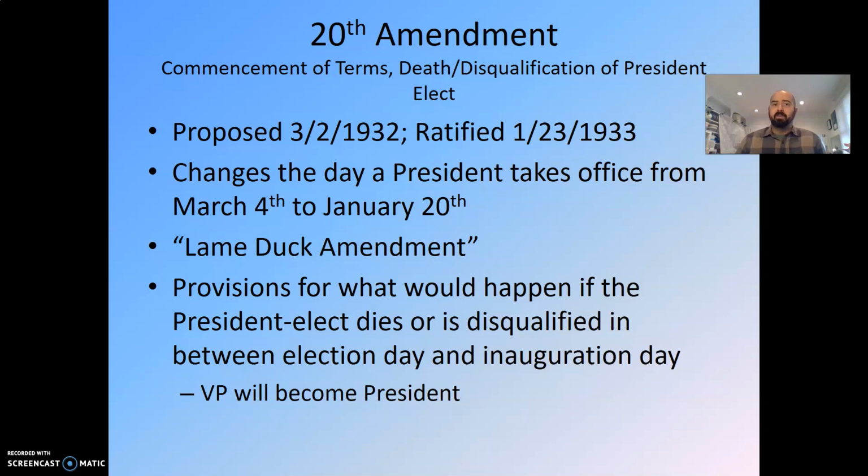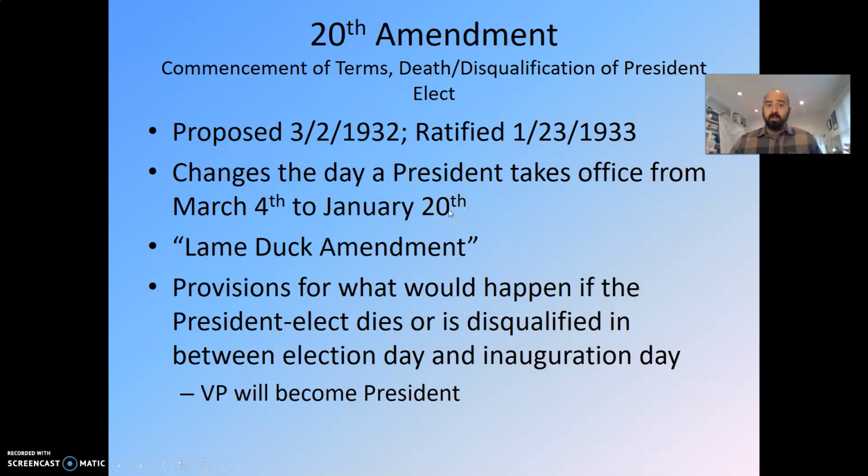The 20th Amendment. This one's interesting because it applies literally to today, which is the day I'm recording it, January 20th, the day that Joseph Biden will be inaugurated as the 46th President of the United States. The president used to be inaugurated on March 4th. This was done so that there was plenty of time to get the president-elect's affairs in order to become president and to get the affairs of the current president in order to leave office. It was reduced when it was decided we don't need that much time anymore. So it was moved to